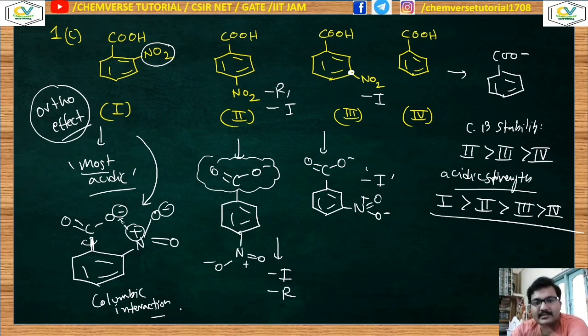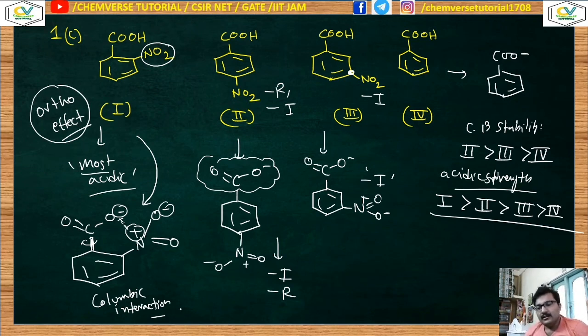But if you forget this thing, then also it's okay. By only visualizing whether a group is present at the ortho position or not, you can identify whether the ortho effect is operating or not. Any kind of group present at the ortho position will exert the ortho effect. Now the extent of the ortho effect will be different, and that will depend on some other effect in addition to the steric inhibition of resonance. Clear? So that is my point.